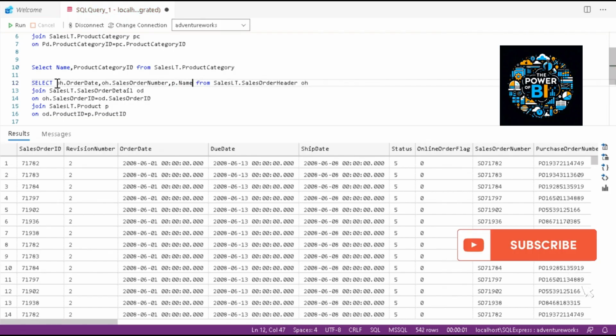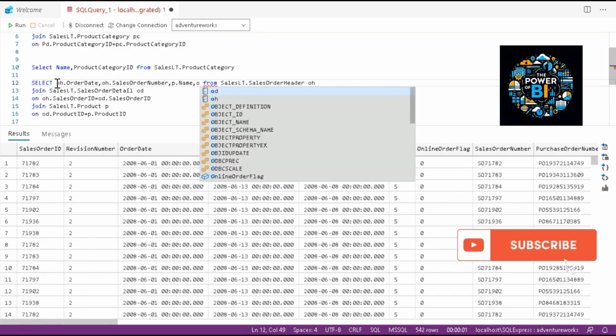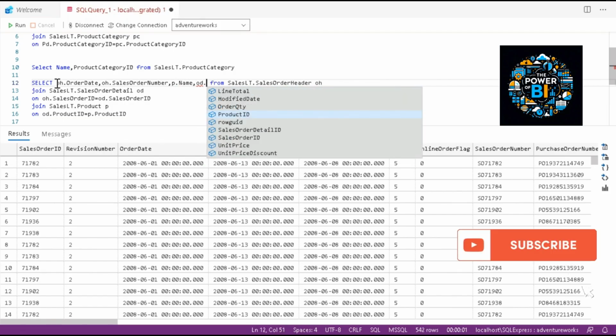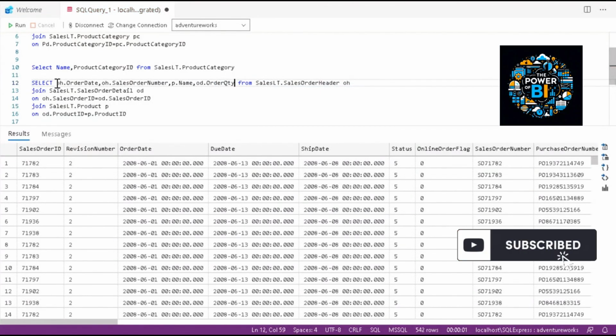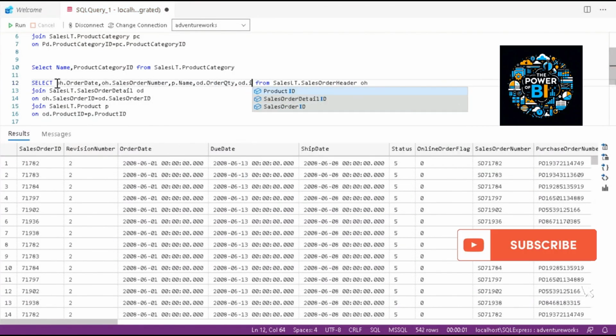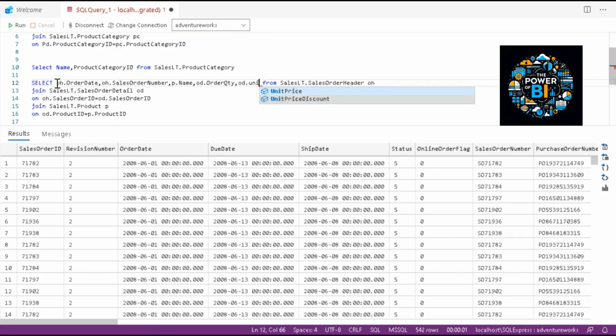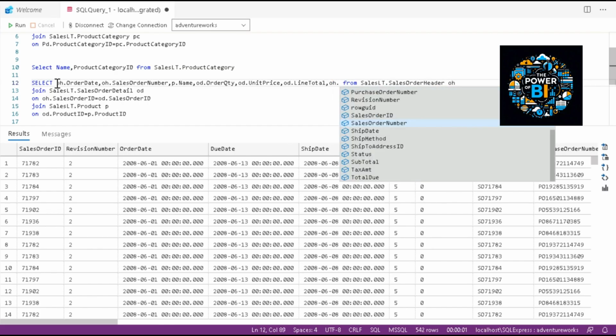This is the product name, and OrderDetail.OrderQty, and OrderDetail.UnitPrice, and order detail will have line total as well, and we will also include oh.total